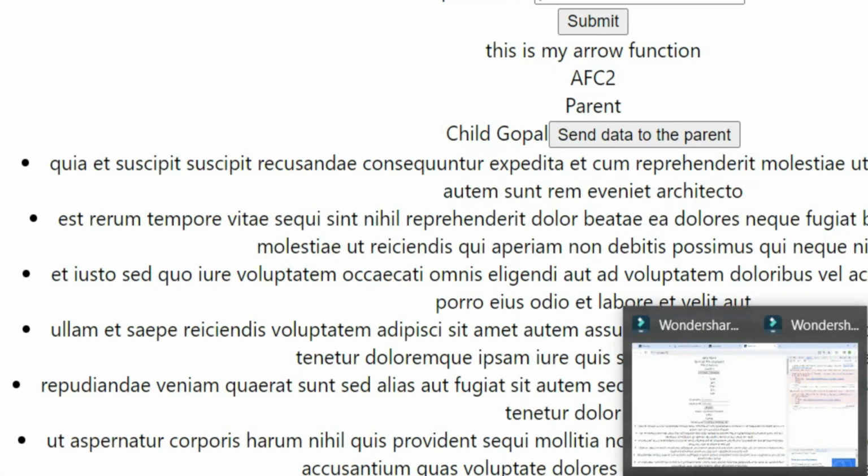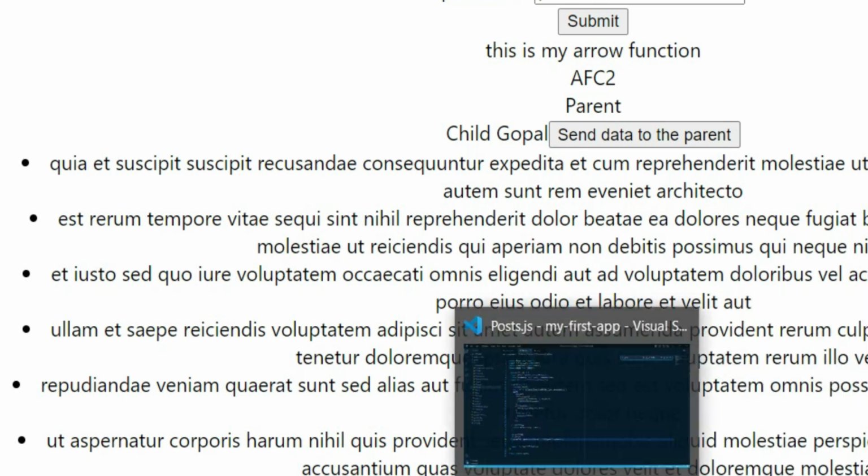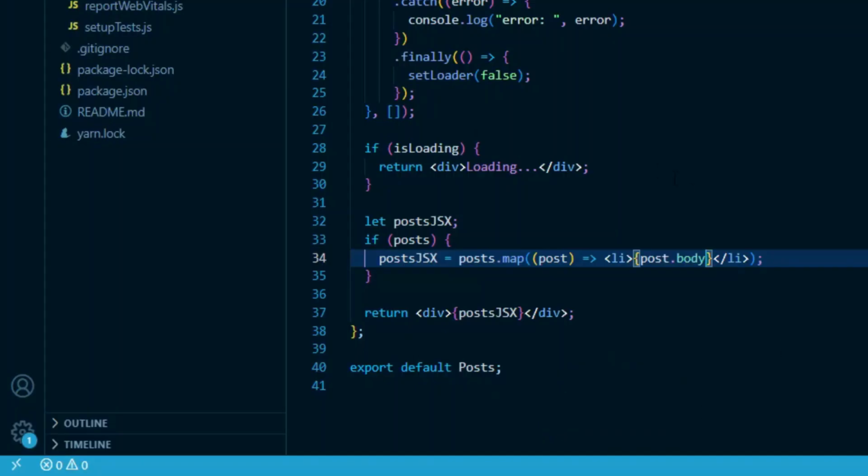Okay, and finally in this piece, we're just setting the loader to false, no matter what, whether we got the data or in case of any error. Okay,